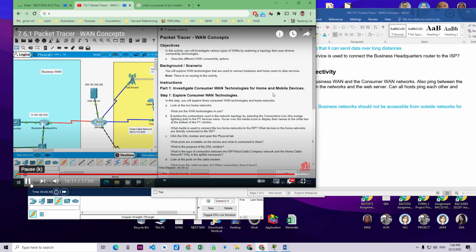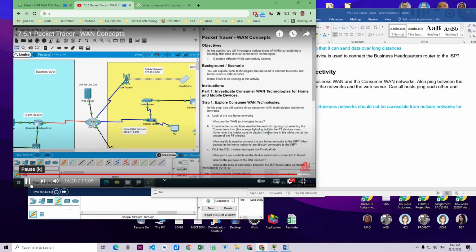Okay, that's fine. So in this packet tracer activity, we have seen WAN concepts. Now, dear friends, if you get any doubt or if you have any suggestion,